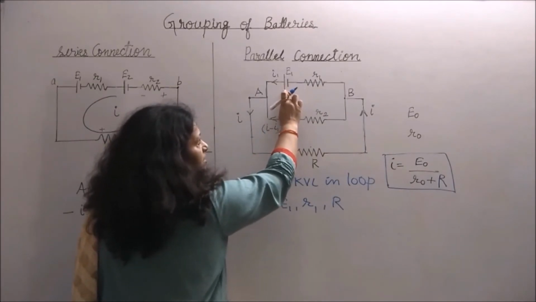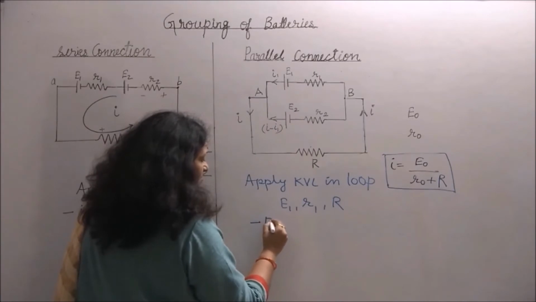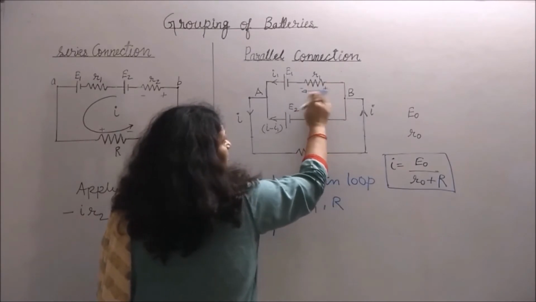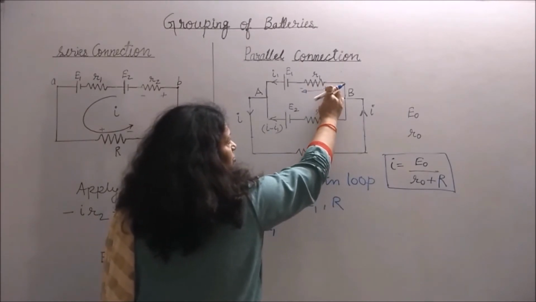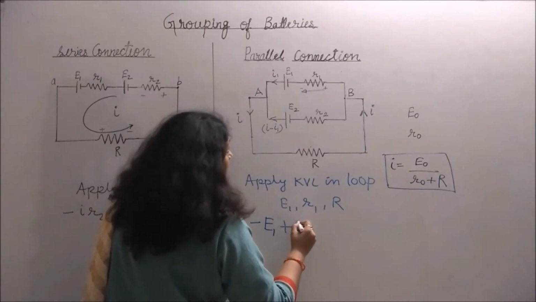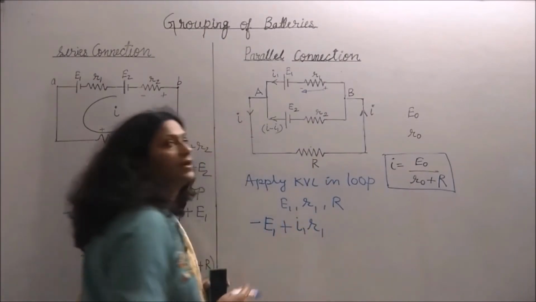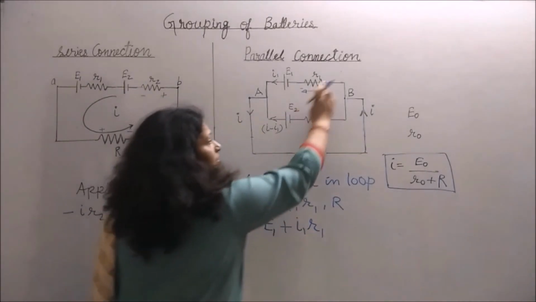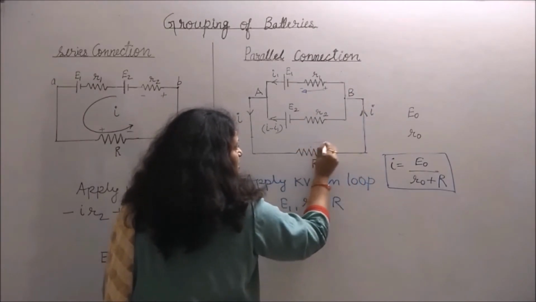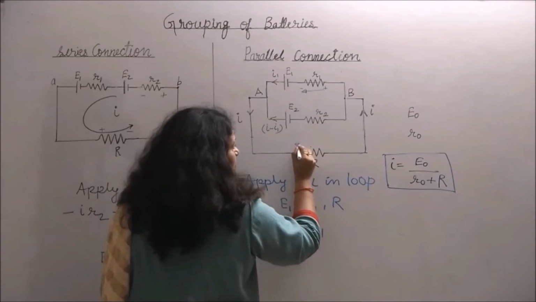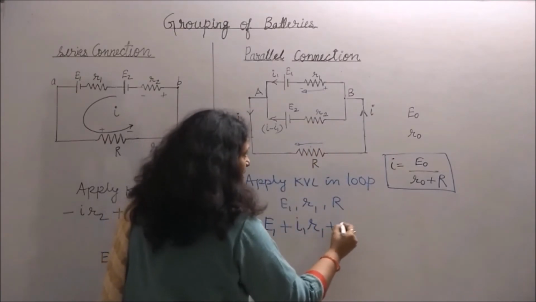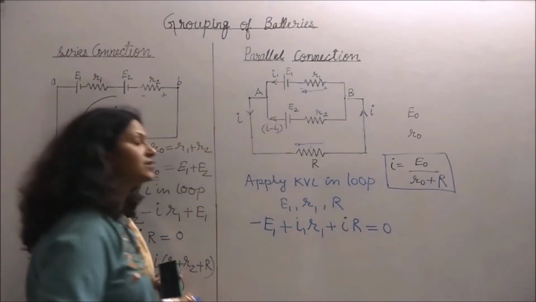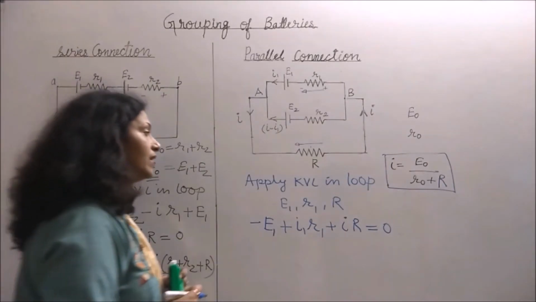So start from this point. The first voltage, there is a negative terminal, that is minus E1. Here current is flowing in this direction, that means we are going to a voltage rise direction, plus I1 R1. Remember, if we are moving opposite to current, then every time there will come a plus sign. Again, current is moving in this direction and we are moving across our loop in this direction. So plus will come, I multiplied by R is equal to 0. This is the first equation we got by applying KVL in the loop.